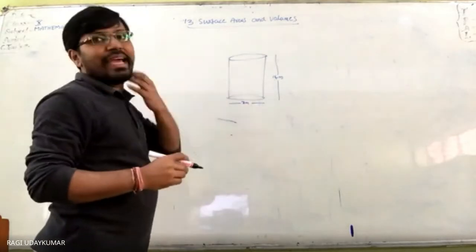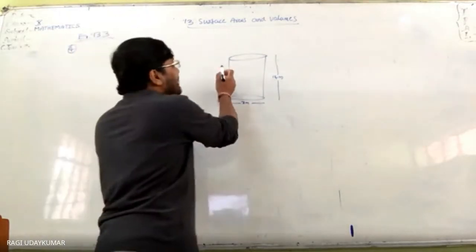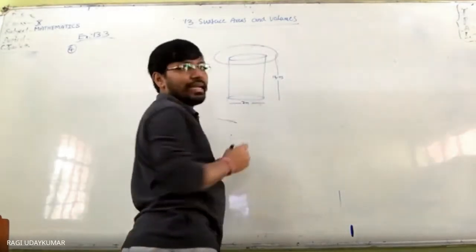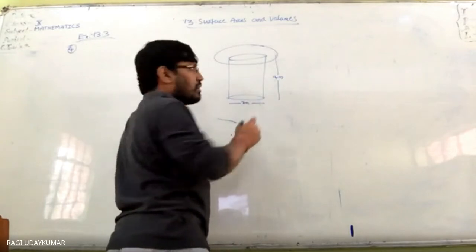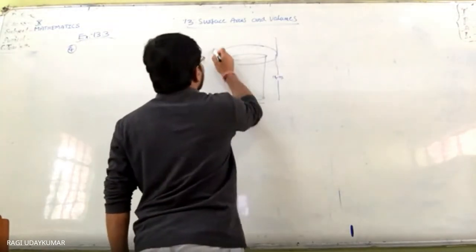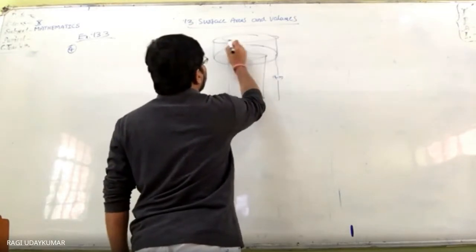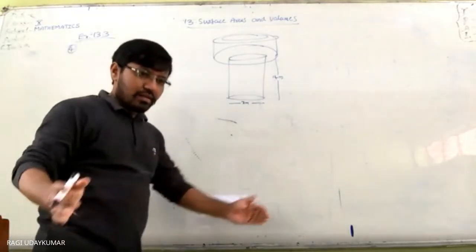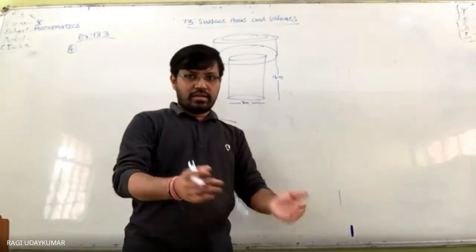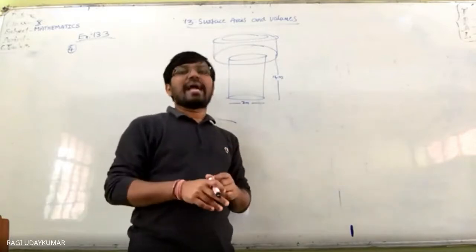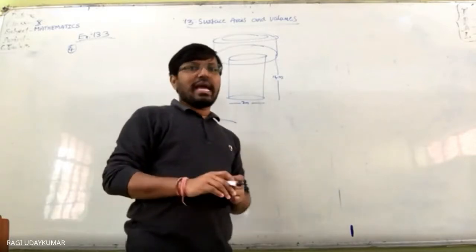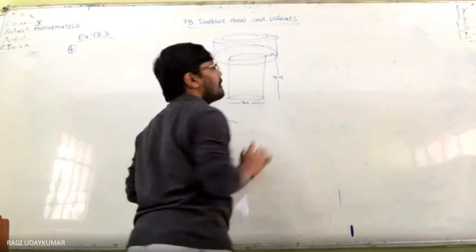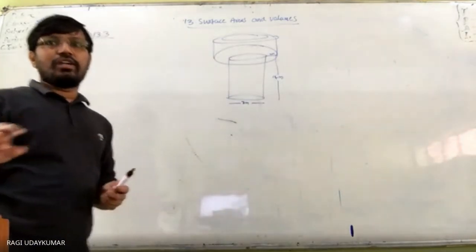And whatever earth is taken out from this, it forms another ring here. So that is nothing but like this. It is forming a shape like this. This is the form. Means so that nothing falls from above, some wall is made, that is called an embankment. And here the width of this is 4 meters, given to you. The width is given to you as 4 meters.